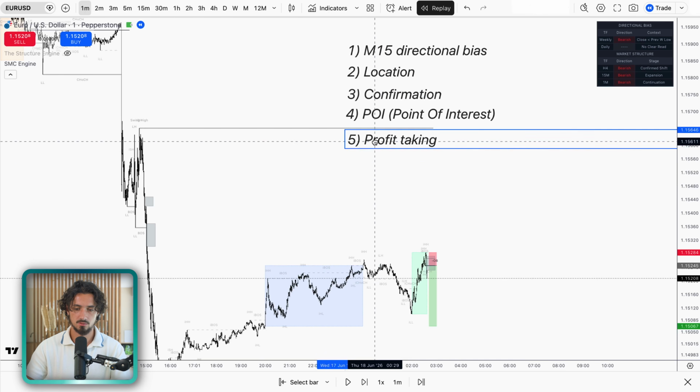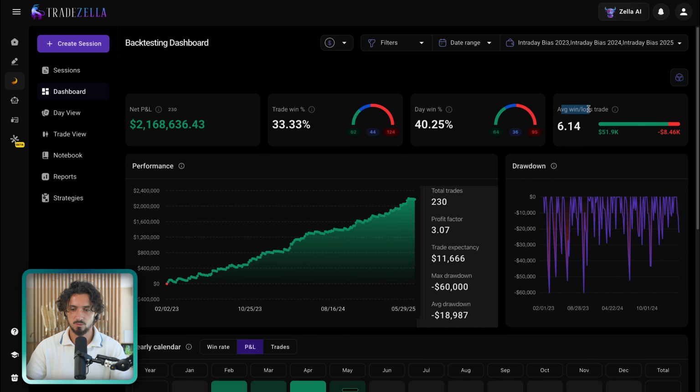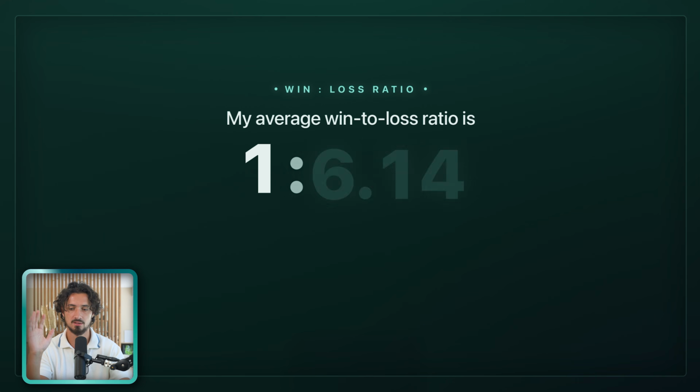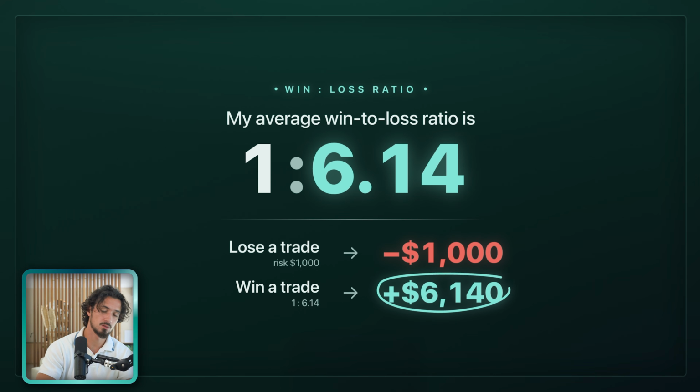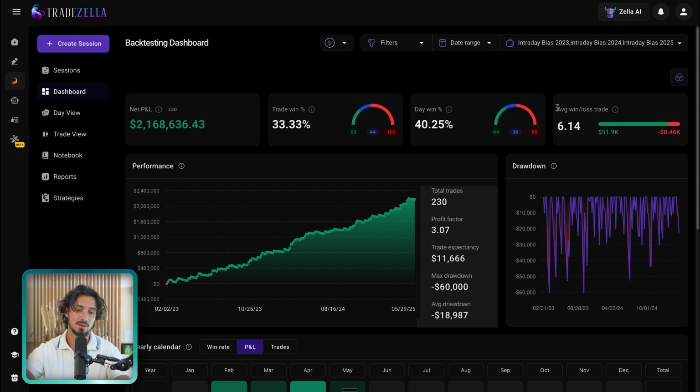Now you'll notice if you look at my data, I have an average win to loss ratio of a 6.14. Let's say you risk $1,000 per trade. Every time I lose a trade, I lose $1,000. And every time I win a trade, I will make $6,140. That means that with a 33% win rate, which to most people seems low,